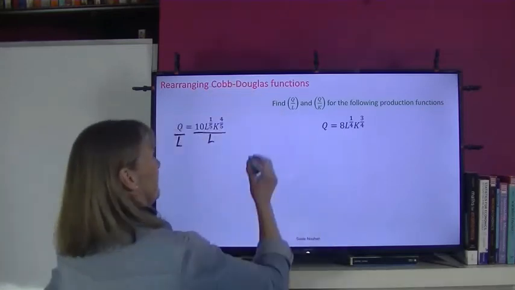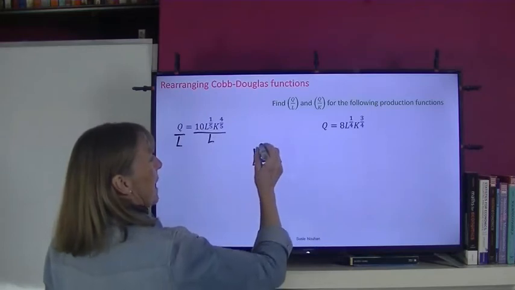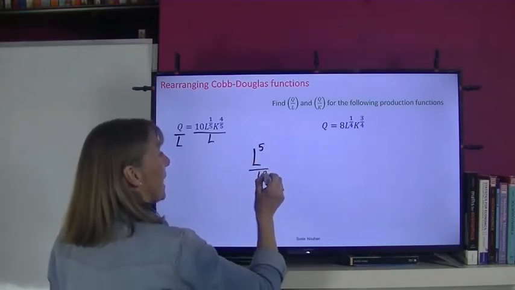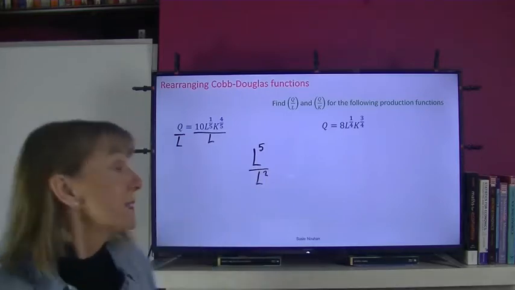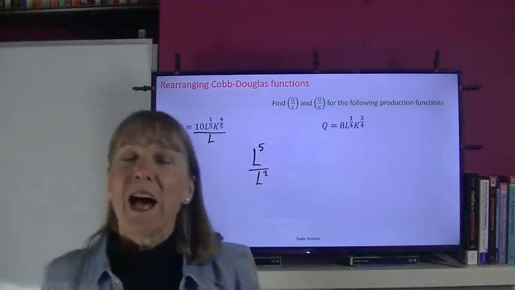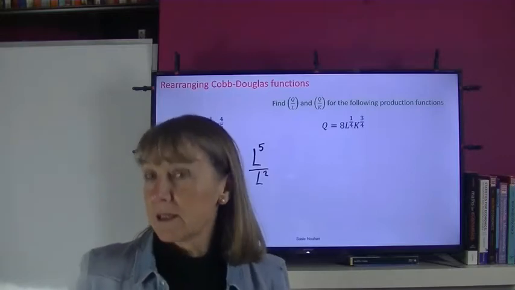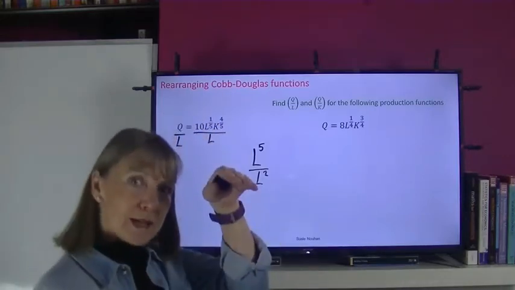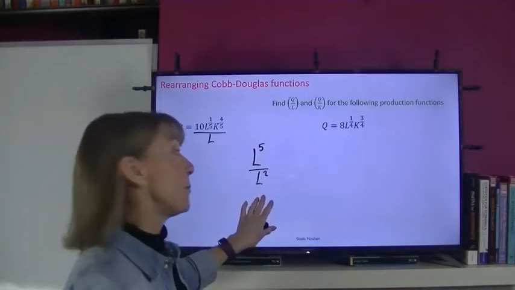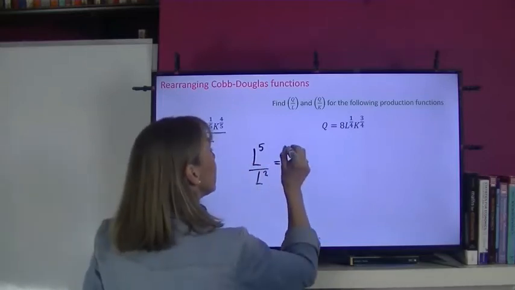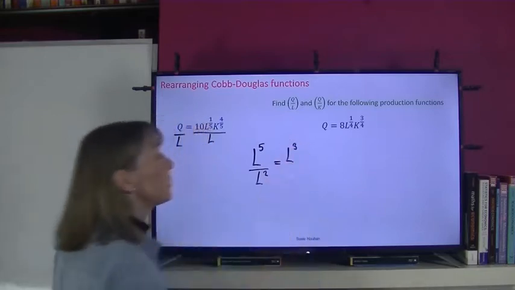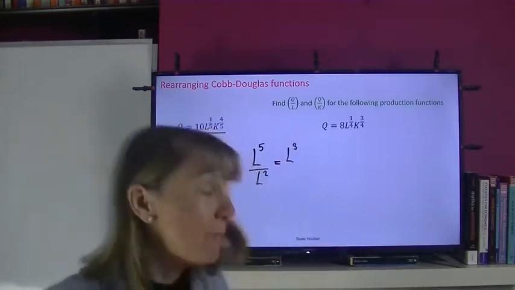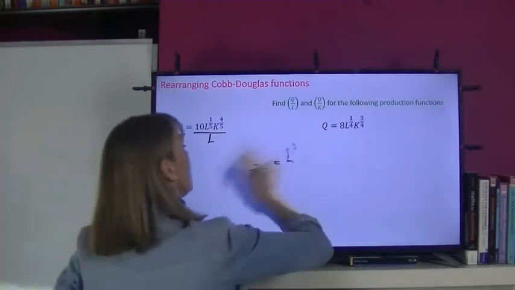And here it is. If we have a variable L, say to the power of 5, divided by L to the power of 2, because the L's are both the same, we can just subtract the powers. If we're multiplying, we add the powers. If we're dividing, we subtract the powers. So we can see that this is L to the power of 3 because we can just subtract those powers. But what if we've got